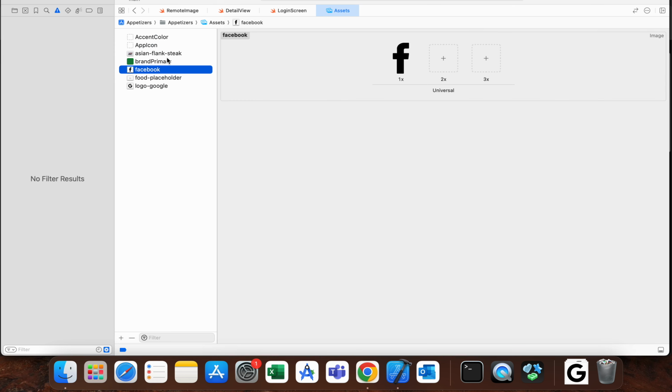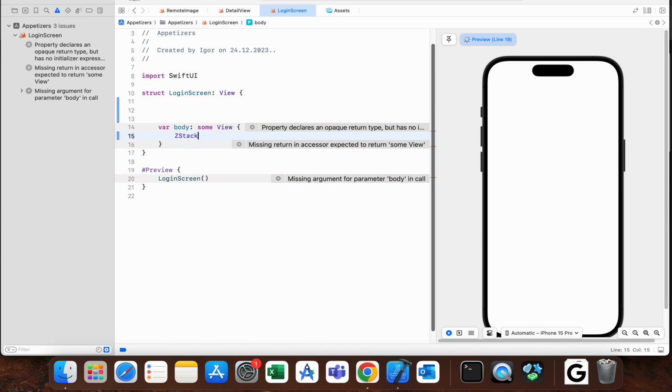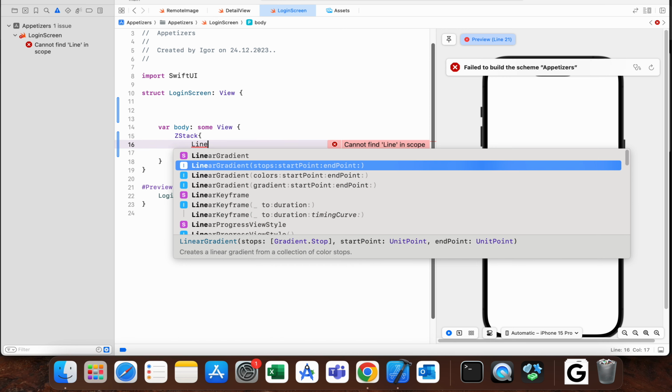The first thing I did is I uploaded Facebook and Google logo photos and a brand primary color, green. Okay, I made a new SwiftUI file, named it login screen, and now we can get started. We'll start with a ZStack. In a ZStack, we will make a